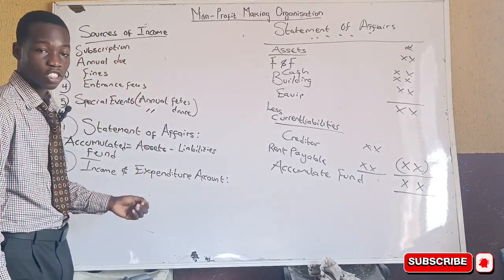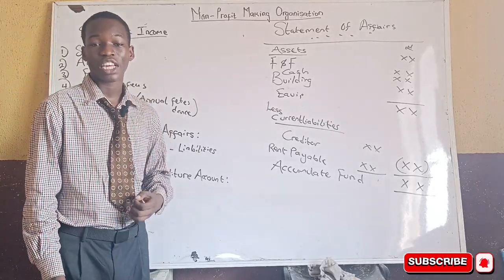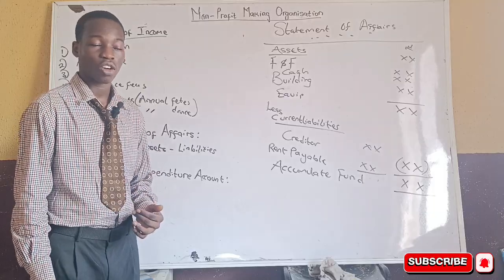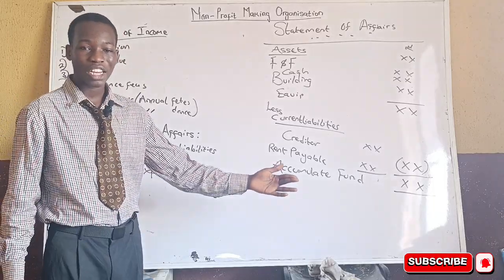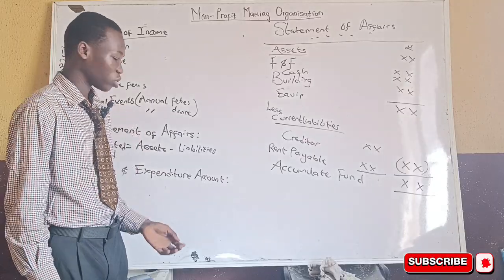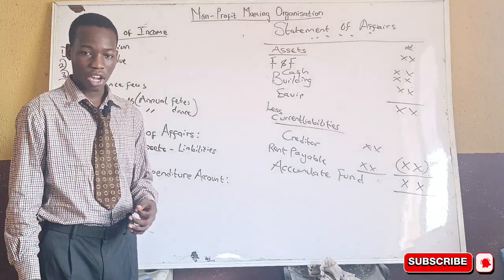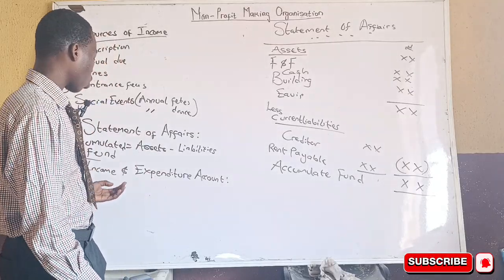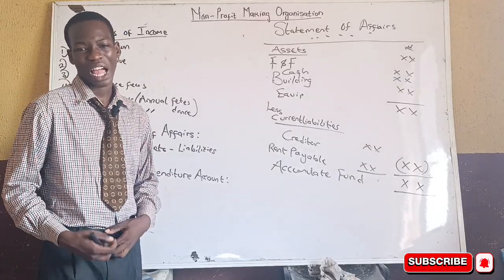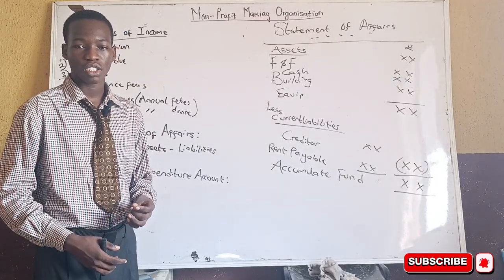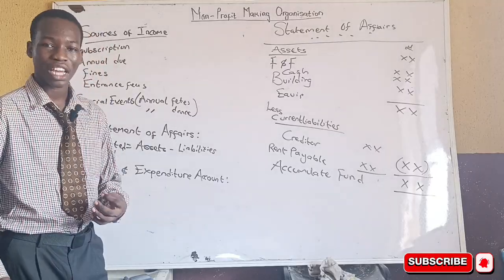So this income and expenditure account is on accrual basis. I hope we still remember the basis of accounting. Accrual basis, that is, we can carry out adjustments the way we used to carry out adjustments in our profit and loss account. We can carry out adjustments in our income and expenditure account. Also, income and expenditure account is known as nominal account. So these are the key points you need to know. It is known as nominal account.